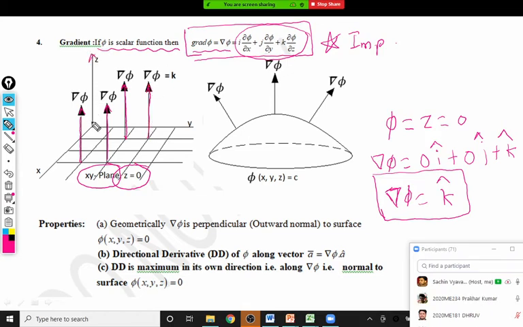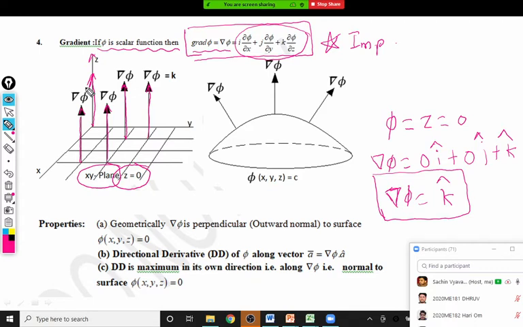It could be minus k cap as well, no? That is also perpendicular. If you observe here, the surface equation is z equal to 0, and z is positive, so del phi is plus k only, not minus k. So this direction is given by the surface equation only. Either it is plus k or minus k, it depends. If the surface equation is given as minus z equal to 0, actually minus z equal to 0 or z equal to 0 matter the same, so we get only the normal vector there.